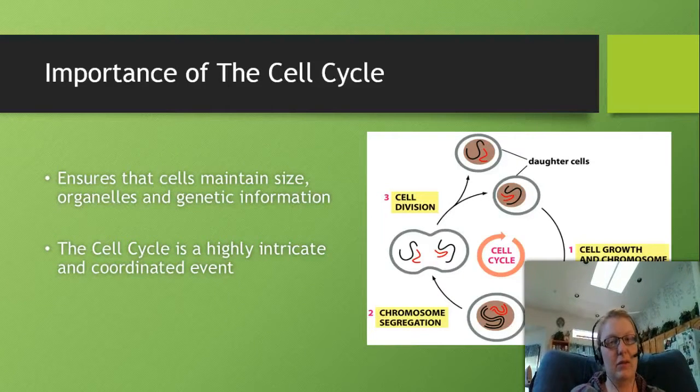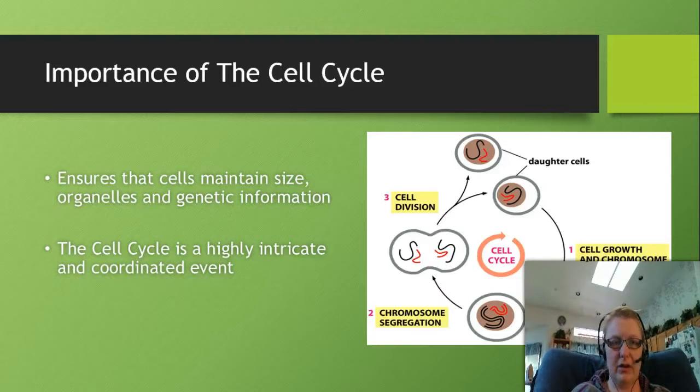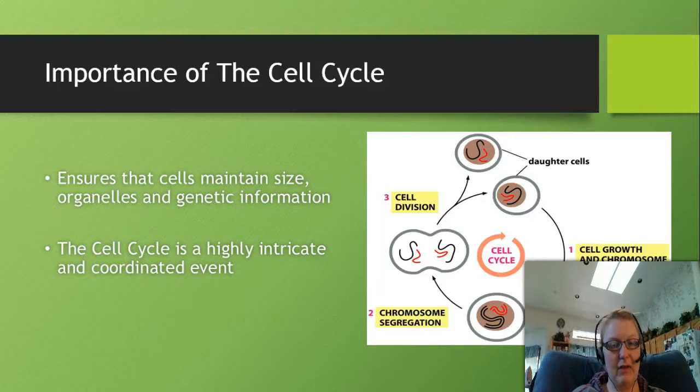So the cell cycle is really important for cells because it has a lot of properties going on in it. We're going to talk about them all, but you should be fairly familiar with the cell cycle because you've seen it in multiple other classes. But the cell cycle is very intricate, and it's got a whole lot of coordinated events. And so it's really important that the cell be able to undergo this process quickly, easily, and clearly, and have all these events happen properly.